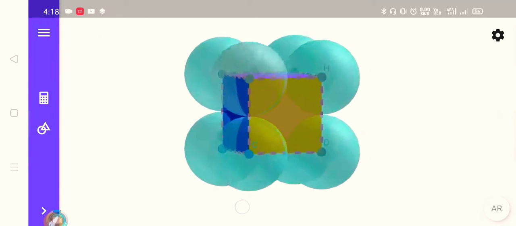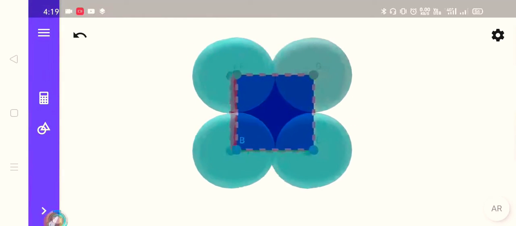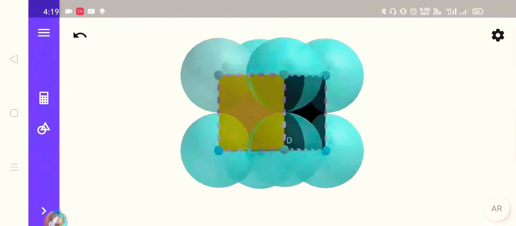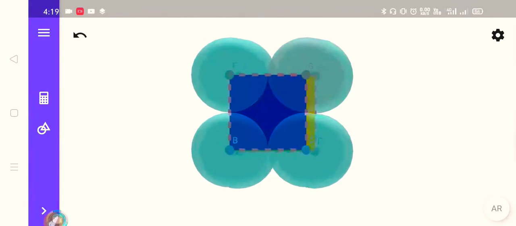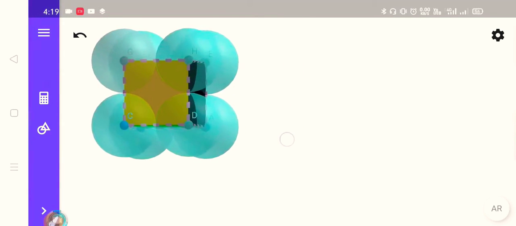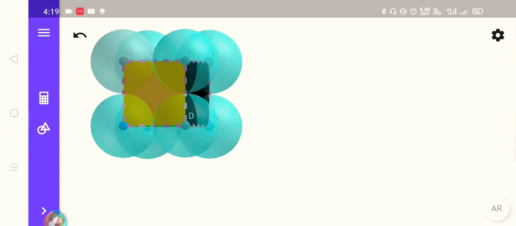Now let us move on to our first unit cell. As we can see, we have a primitive unit cell because it contains spheres at corners only. No other locations are occupied by spheres. Now let us discuss this unit cell. First of all, how many spheres do we have inside this unit cell? That means we need to find the space occupied by spheres, and to do this, first we need to find the number of spheres which occupy space in it.